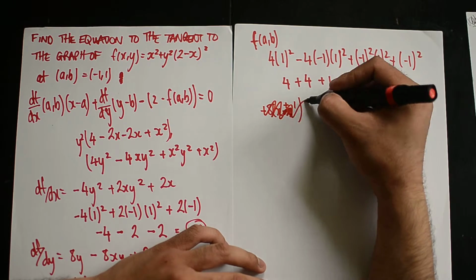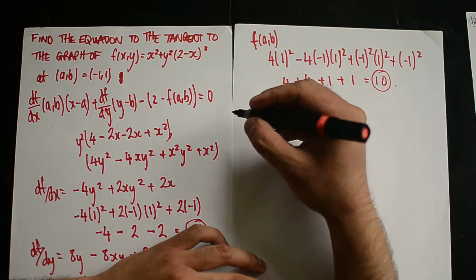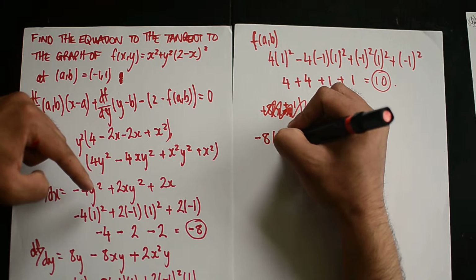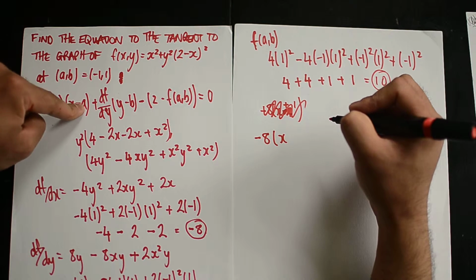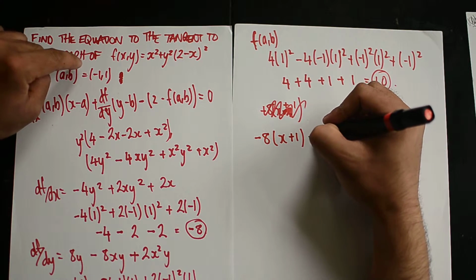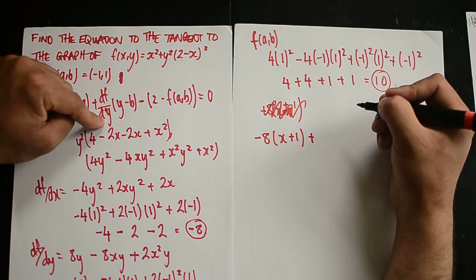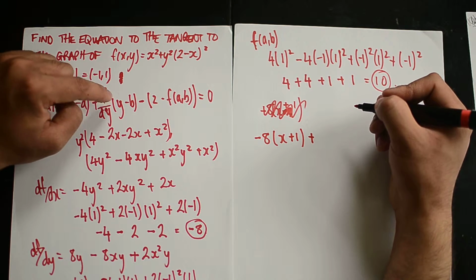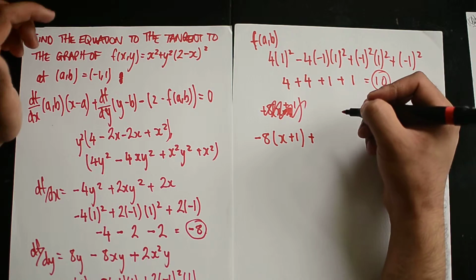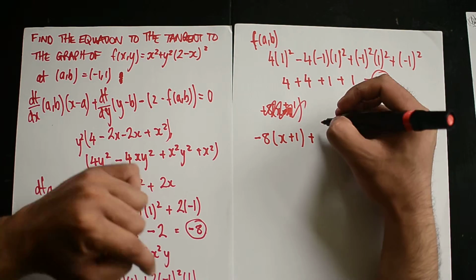Let me just start that again. df/dx at (a,b) is minus 8 times x minus a, which is minus 1, so it would be x plus 1, plus df/dy at (a,b), I didn't actually write the (a,b) there, sorry, which would be 18,